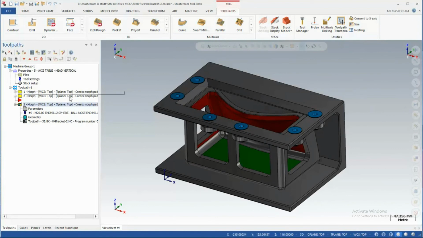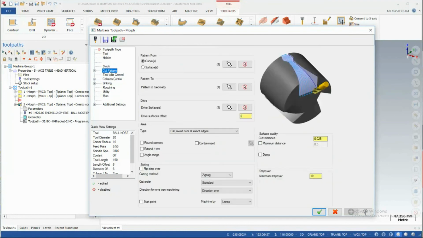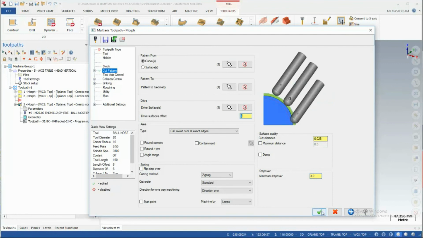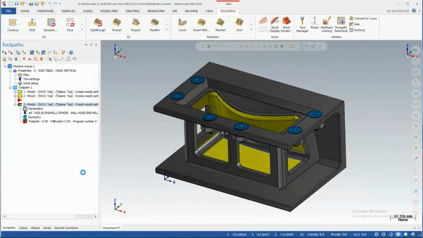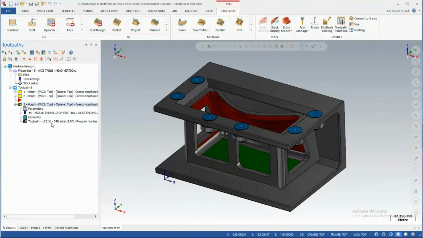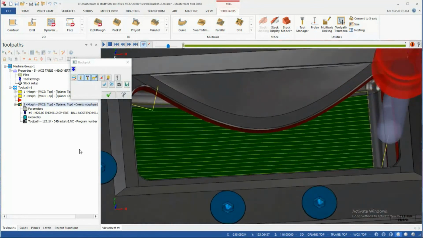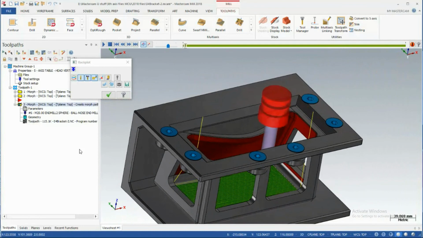This is good. I might go back in there now and say, okay, now that I like the way the motion, the cut pattern and everything is, I can go back to the cut pattern and maybe make that 3mm step over and regenerate that. So now I've got a lot more cut along that motion. You can see it's a clean path,